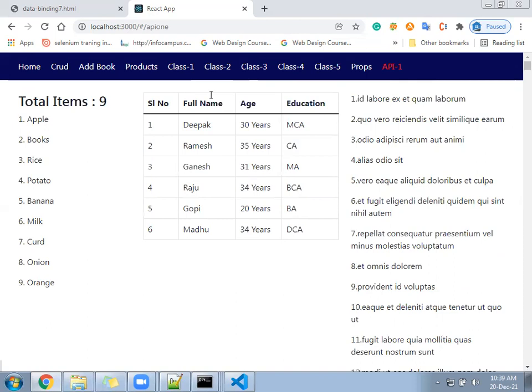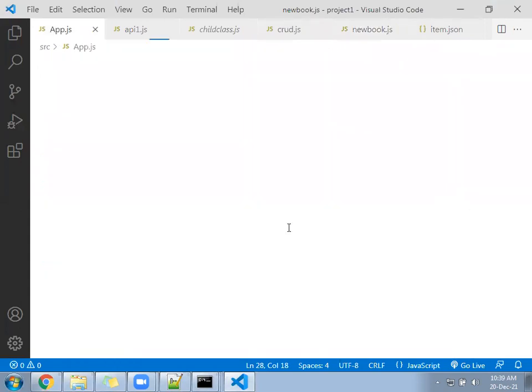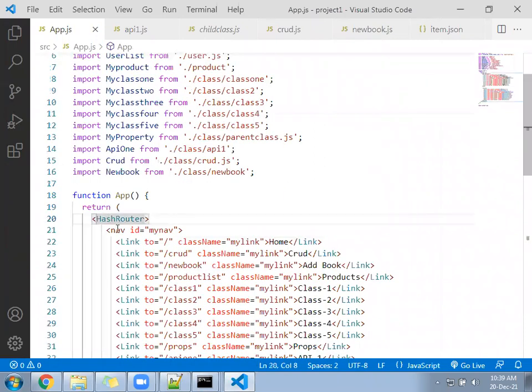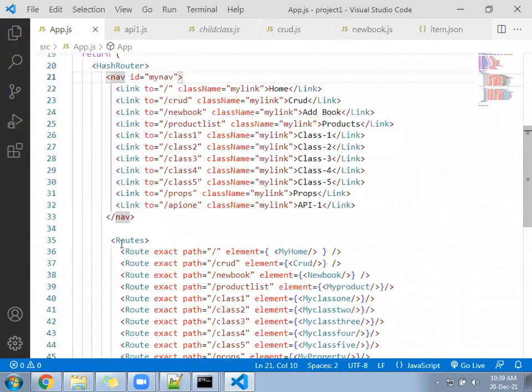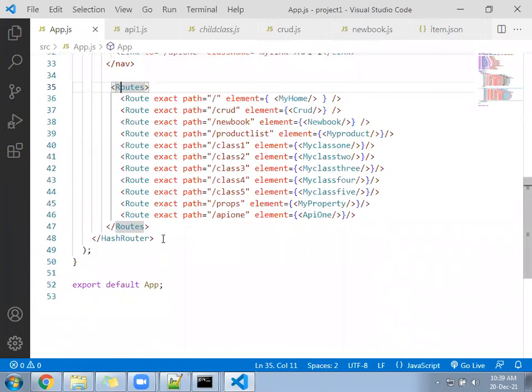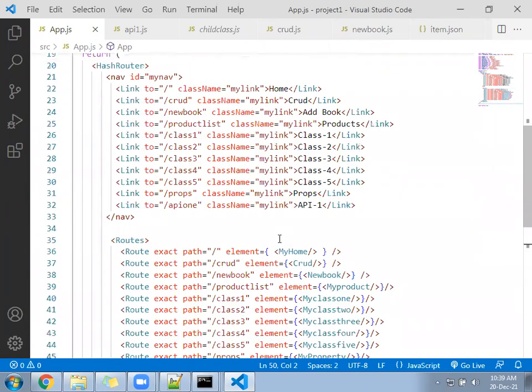So hold on, let me see the structure of the app.js file. In app.js file, we have hash router, navigation on the top, then these routes in between. After that, hash router is ending. Last we can call the footer. No problem. Okay, so let's go ahead and create a new file.